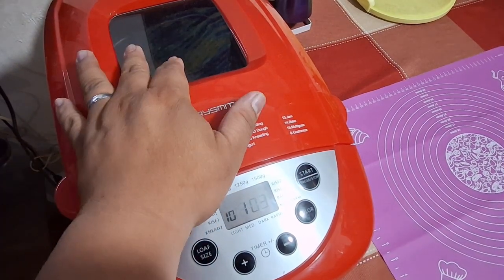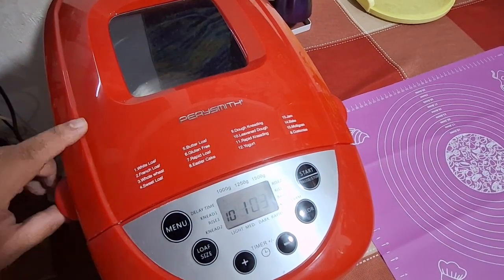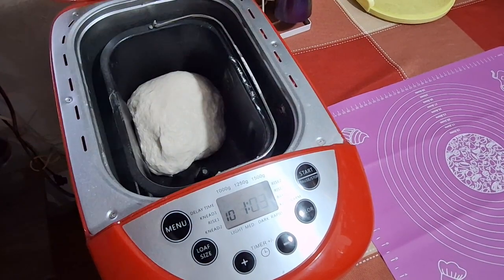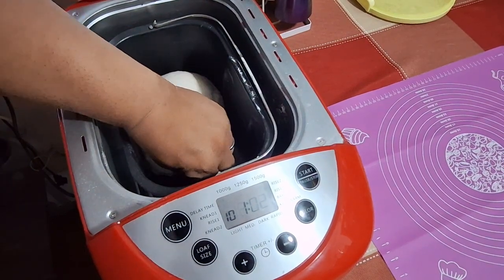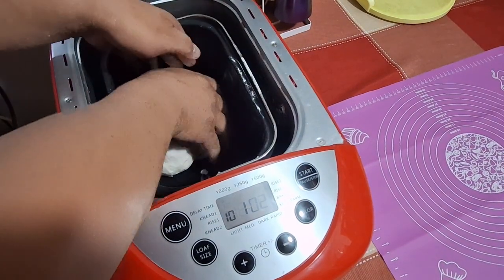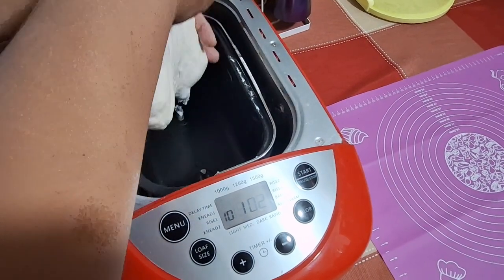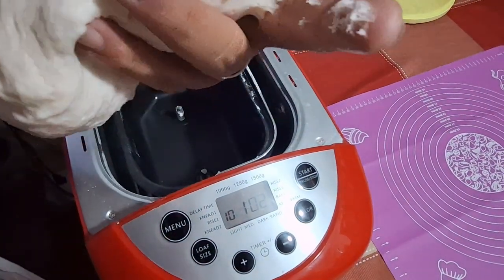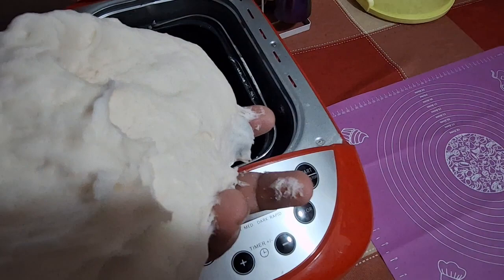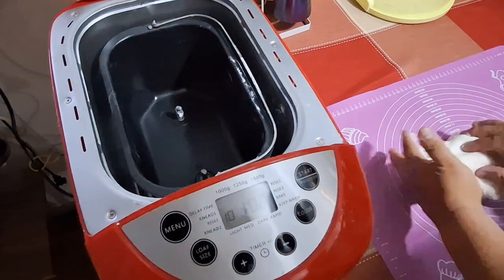So what we're going to do while it's in this mode, we're gonna remove it from the pan and also remove the dough hook. Right, so let me do that right now. Gonna remove the dough hook. What I've noticed is that this is a bit more sticky than what I normally would. Right? So you notice that the dough hook is in the pan, so that's what usually would happen if you bake it, right? So let me just put it in the silicone mat here